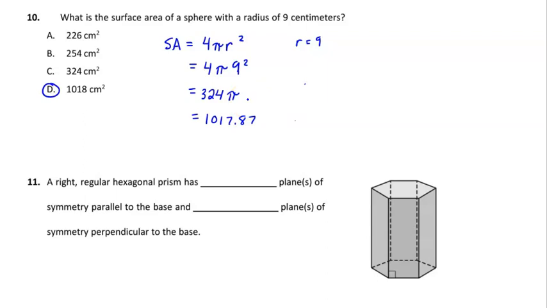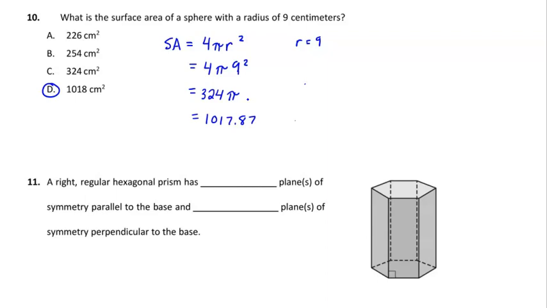Number 11. Number 11 says a right regular hexagonal prism has what planes of symmetry? Planes of symmetry is almost like line symmetry. So line symmetry is like how many times can I fold it, or where can I fold it to where it's the same on both sides? It's very similar to a plane of symmetry. So a plane of symmetry basically means where can I cut it to where I'm going to end up with two of the same